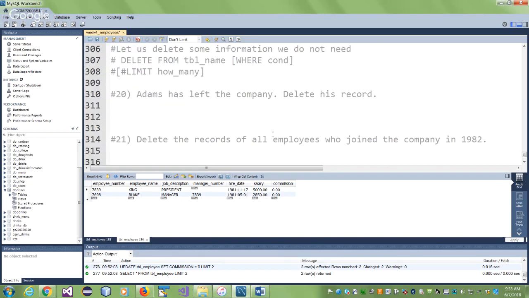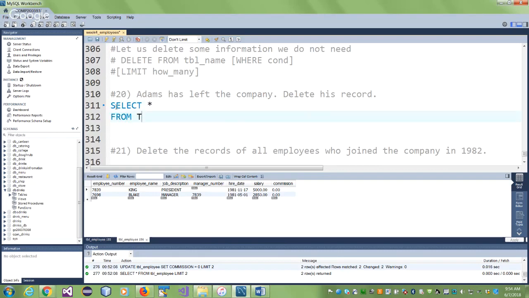The delete clause looks like this. It says delete from the table name, where condition, optional, limit, optional. And again with limit, you can only use 1 parameter. So Adams has left the company, delete his record. So let's first find out, was Adams even in the company? Again, the same concept, checking. So I'm doing a select star from table employee,